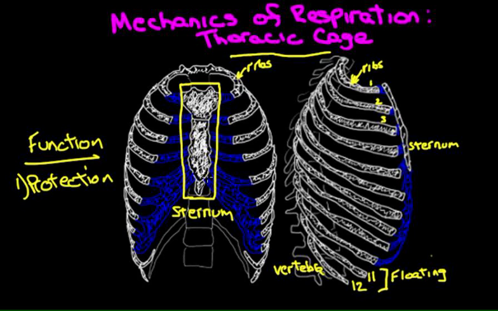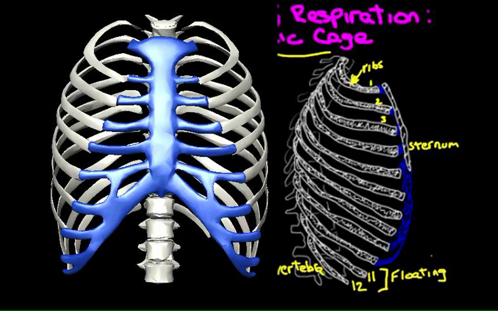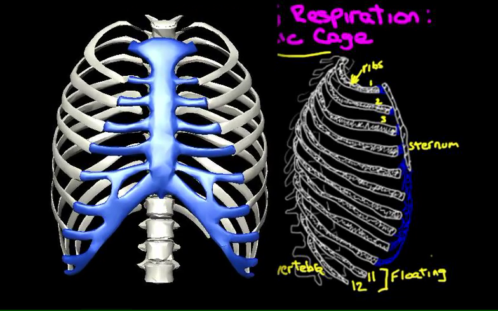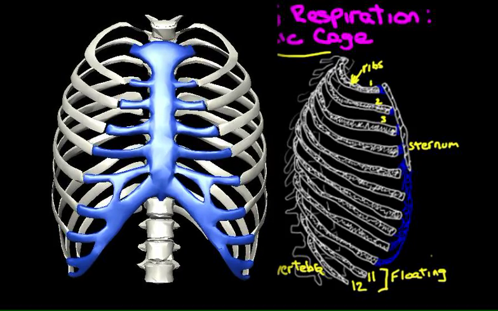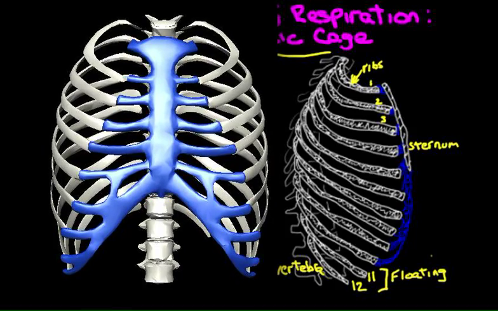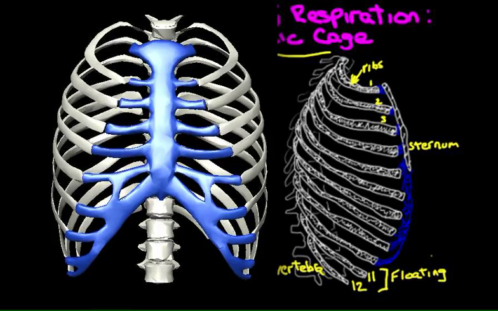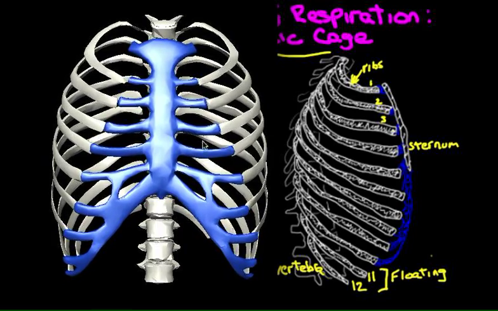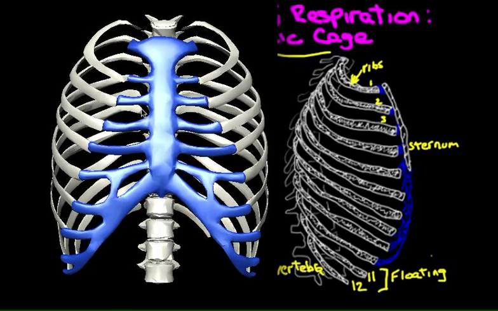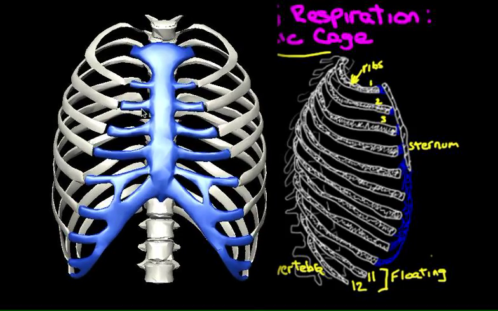First, I had a friend of mine who does 3D graphics for computer gaming companies throw together a little animation of this thoracic cage during the actual process of breathing. Now here we're looking at the front of this cage during respiration, and you can see there's a lot of movement going on. It's constantly expanding and contracting. As you breathe in, the volume of this cage is increasing and it's expanding, and as you breathe out,